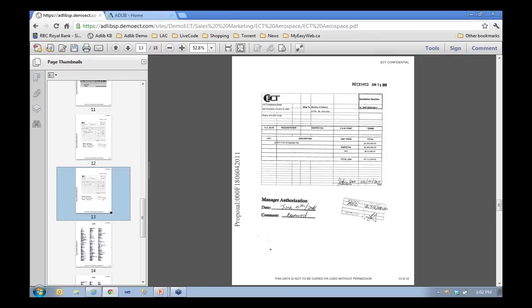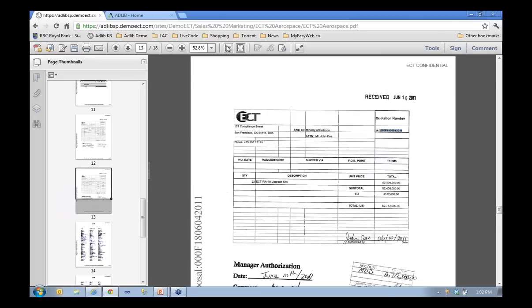You can see it was printed out and signed and faxed back to us. By going through the Adlib engine, it also makes it fully text searchable, so I can search on the quotation number and find this document. It also means that this document is now searchable within the full text indexing search within SharePoint. So this document, as well as the original, will now show up in the search results, so I can find